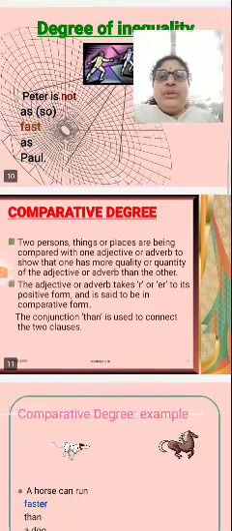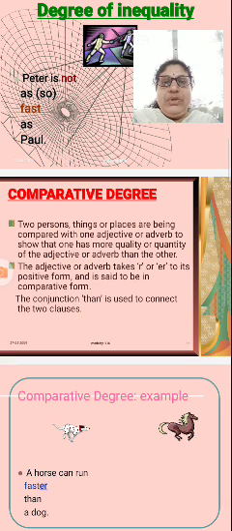Yes. So now come to the second one, second degree of comparison. It is the comparative degree. First one is the positive degree and second one is the comparative degree. So comparative degree, two persons,